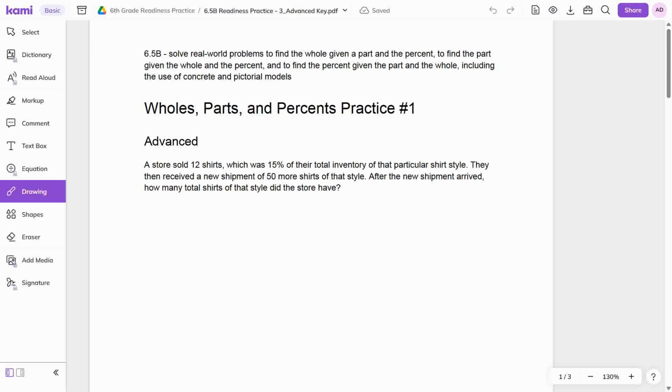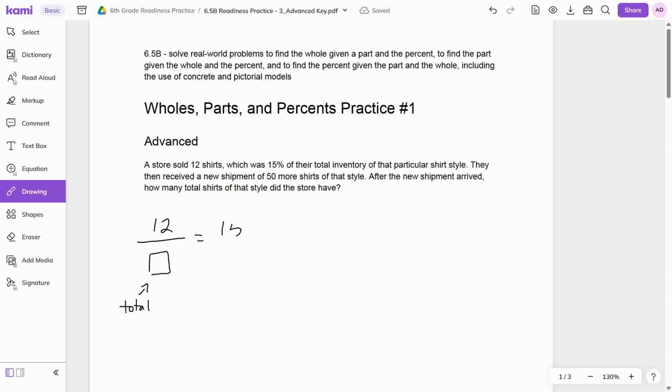All right, so we have a store that sold 12 shirts, which was 15% of their total inventory. And we're going to need to know their total inventory. So let's figure out what that means. So 12 shirts out of an unknown amount, that's their total. That's what we're looking for,